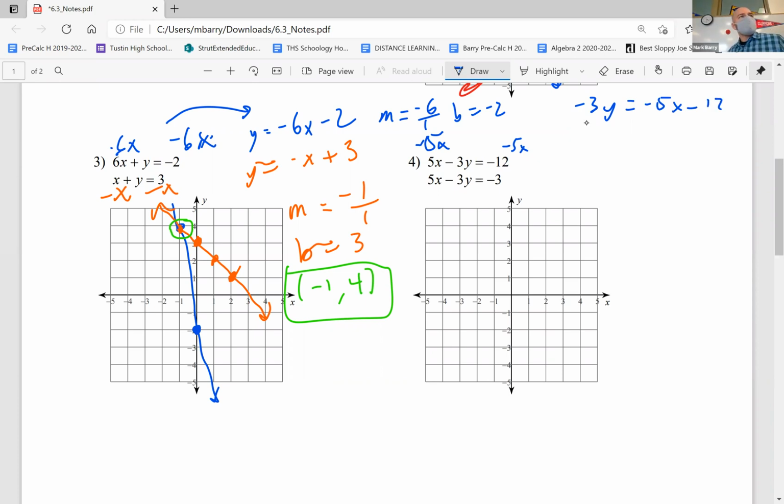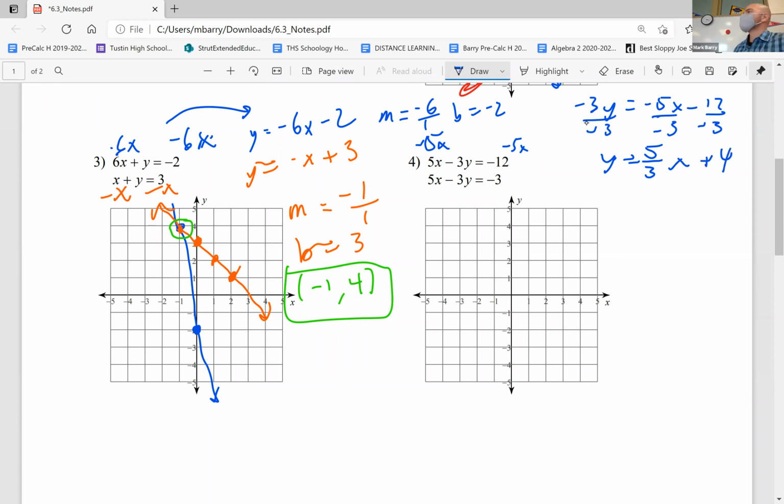Now in this case, I have an extra step here because y is not yet isolated. I've got to divide everything by negative 3. Notice that I divided all the terms by negative 3. You have to do that. For adding or subtracting, it's like terms only, but for multiplying and dividing, it's really every term. So this is going to tell me y equals, and then we know a negative divided by a negative is a positive. So I'm going to write this as 5 over 3x